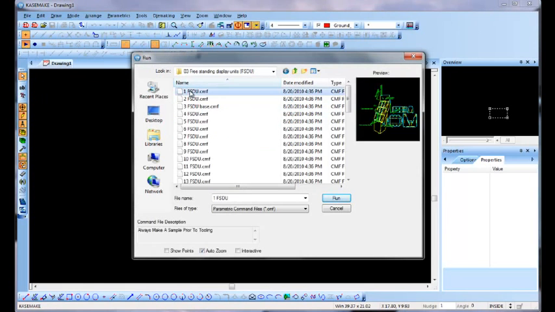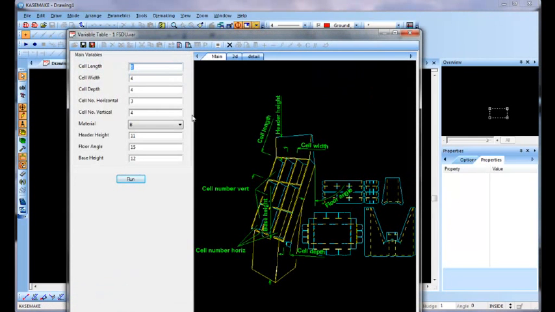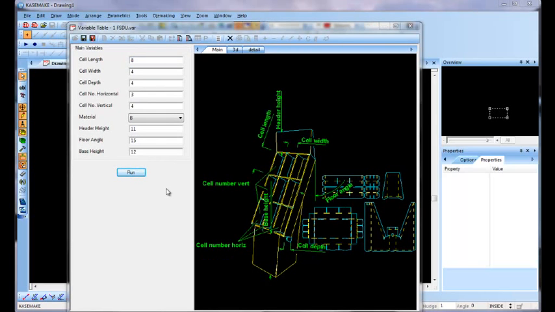We'll click on the first one. As you can see, we came up with a freestanding display unit that's capable of holding a variety of different consumer products. It could be bottled products, it could be something in the order of CDs, DVDs, or food products. From here we can change any of the dimensions of our freestanding display unit to accommodate the particular product we